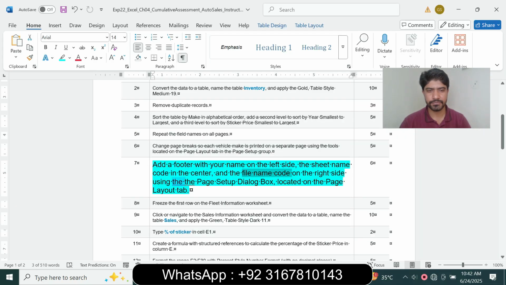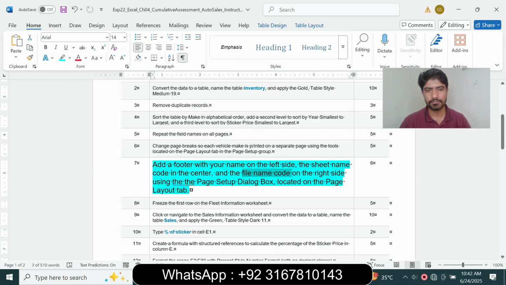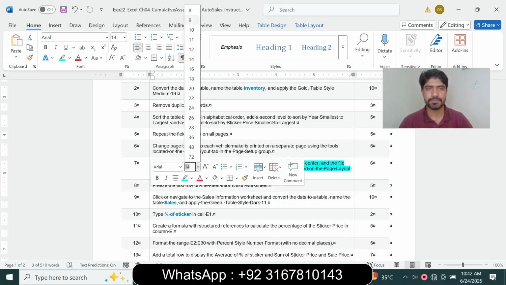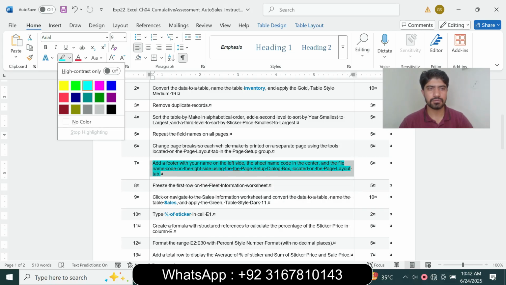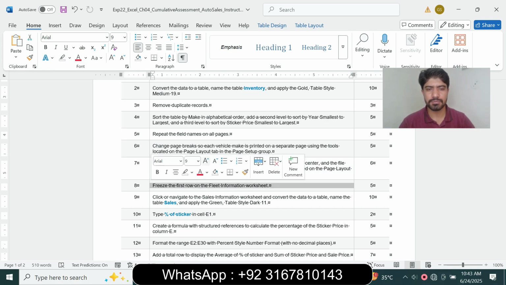And next is the Page Setup dialog box located on the Page Layout tab, and click OK. So question number 7 is complete. We move to question number 8. So question number 8 is